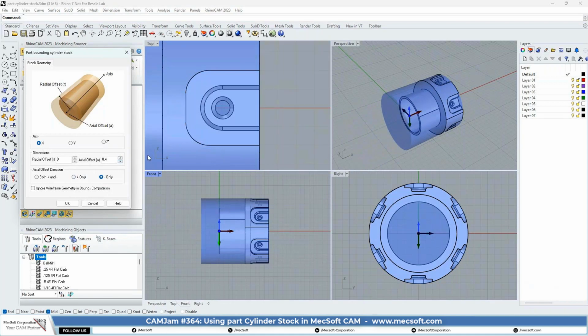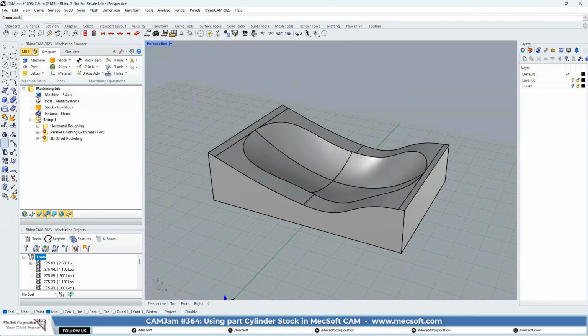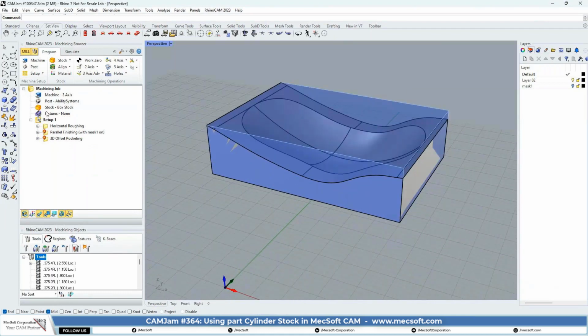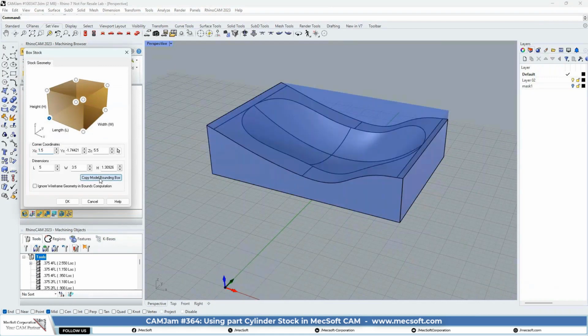Okay, so that's a quick, easy way of defining your stock, if you're using an actual cylinder rod for the blank that you're going to be cutting. Okay, and we have the stock, just a box stock set. Okay,